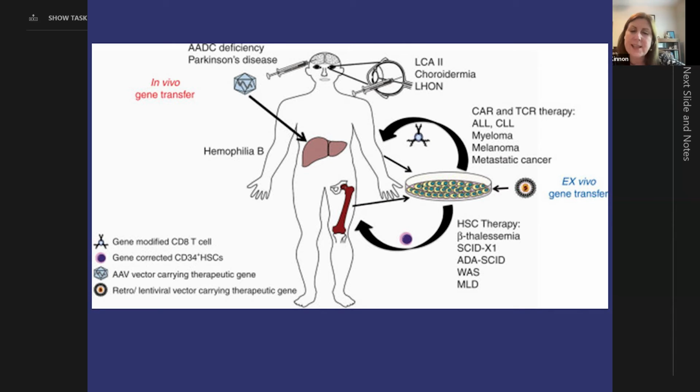And you can see that this slide lists where these are being used already. So this, to me, I think is very encouraging. This shows that this is the reality of this type of therapy. And it did start primarily in genetic diseases and cancers, but is working its way out into other diseases, particularly those that are immune mediated. So my hope is that sooner rather than later, we'll be entering this realm for patients with vasculitis too.